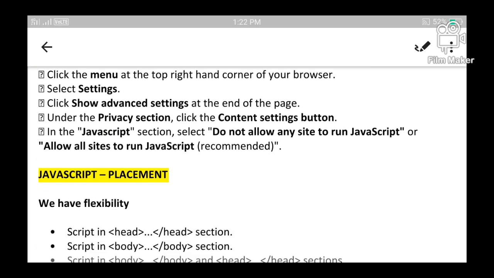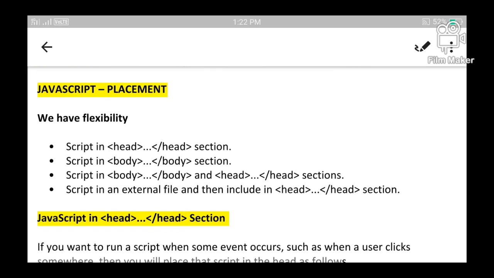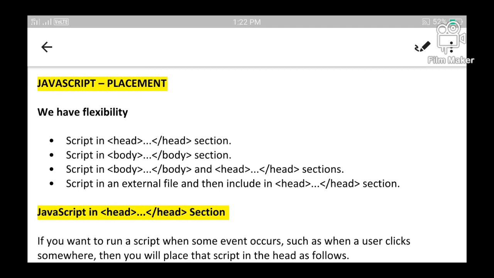Okay, let us move on to the next section. Let us see how JavaScript can be included in different portions of the document. In how many ways can JavaScript be included within an HTML document? Is there only one way, or are there many ways? JavaScript's foremost feature is its flexibility.